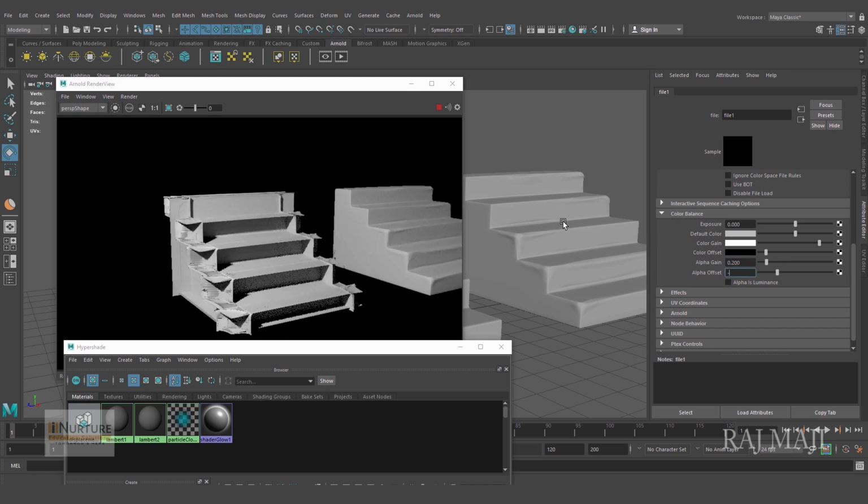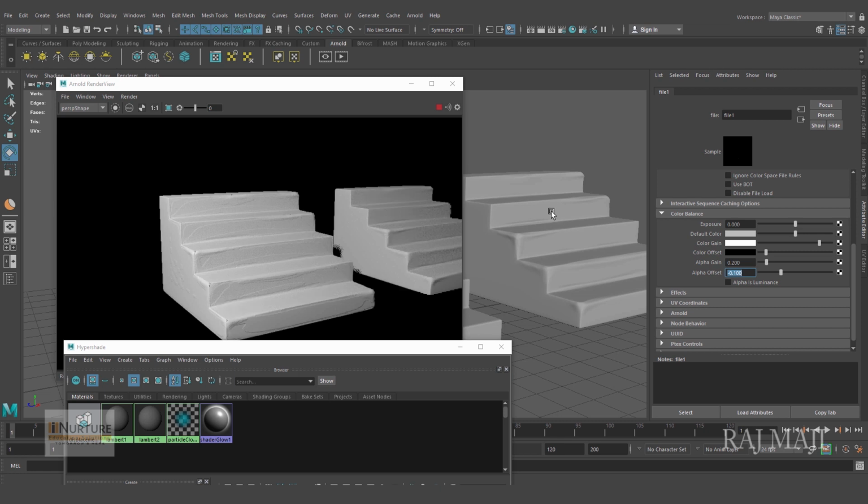Alright, it has to be negative 0.1. Much better, isn't it? Okay, so like that you will get a particular value. It can be 0.12, and this can be minus 0.06. Okay, some kind of value, until you are getting a proper result.